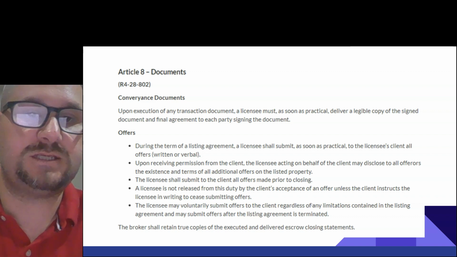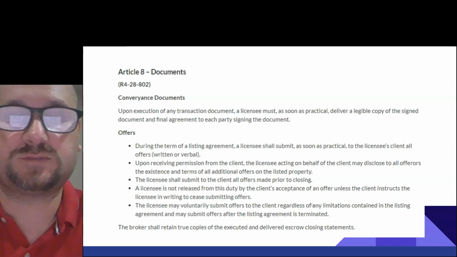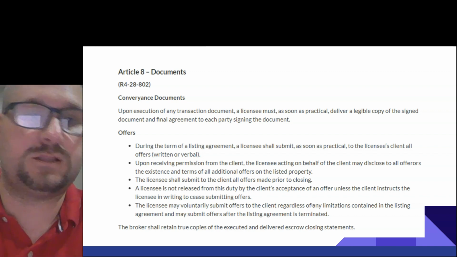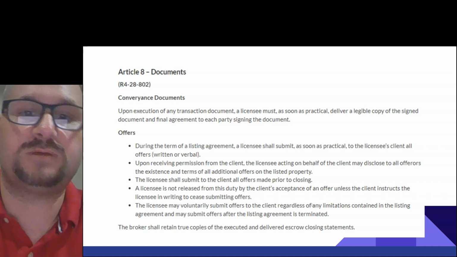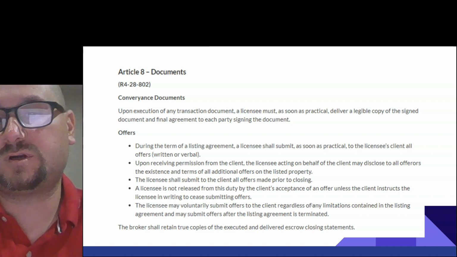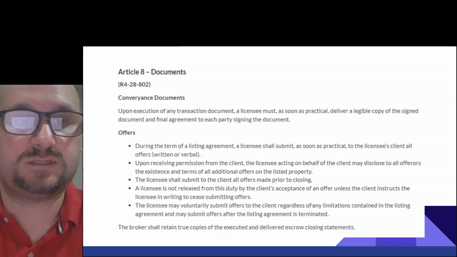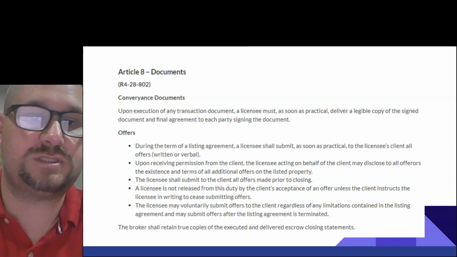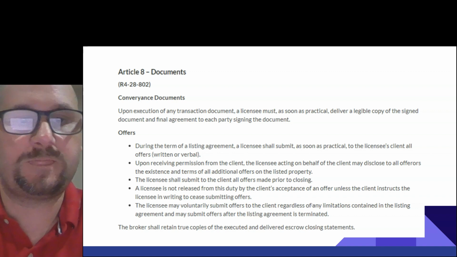The licensee shall submit to the client all offers made prior to closing. A licensee is not released from this duty by the client's acceptance of an offer unless the client instructs the licensee in writing to cease submitting offers.